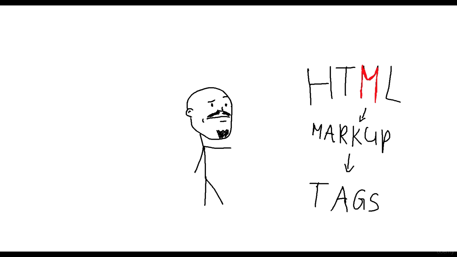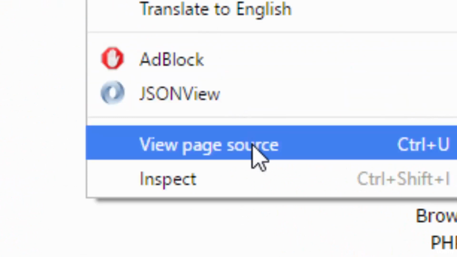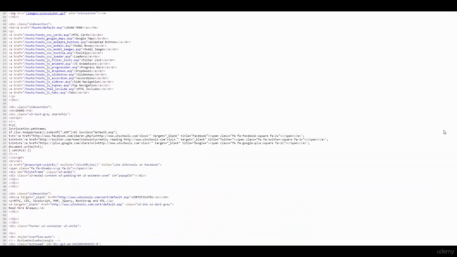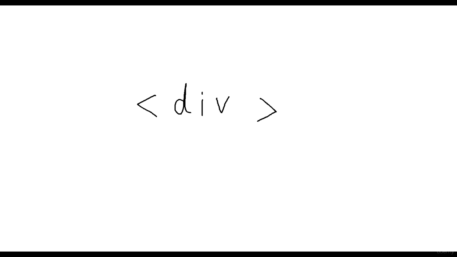Tags and elements. Let's dive into writing HTML code. Remember the M in HTML? We talked about it, and agreed it represents the word markup, which is tags. And here we are, learning about tags. So what are tags? Tags are things between open angle brackets and closing angle brackets. I'm sure you've seen such code in movies and stuff, and if you didn't, and even if you did, you are more than welcome to right-click on every website and click on the View Source option. Tags are everywhere in HTML, and they are basically the most important building block of HTML, where every word inside of these weird angle brackets gives the tag a different meaning.